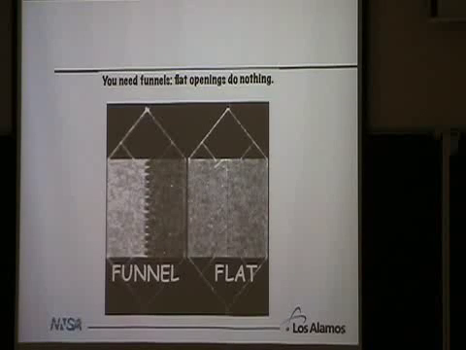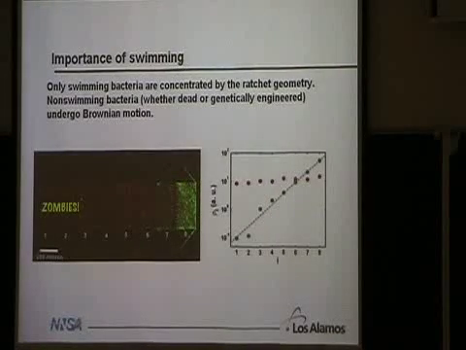They looked at a few things that control this. First of all, they said, well, you have to have a funnel. Here they reverse the direction of their funnel. If you have the funnel shape, you get the rectification, the concentration. But if you just make flat barriers or barriers that are not asymmetric, then the bacteria all stay uniformly concentrated. And they also looked at what happens if the bacteria don't swim. So I believe they genetically modified the bacteria so that they didn't have flagella. They just sort of floated around like a Brownian particle, either that or if the bacteria die, then the same thing happens.